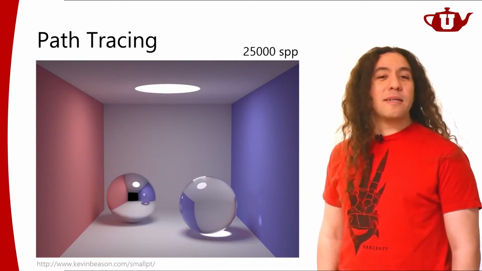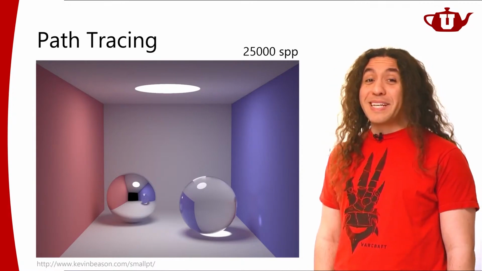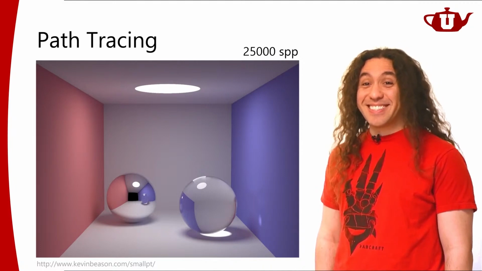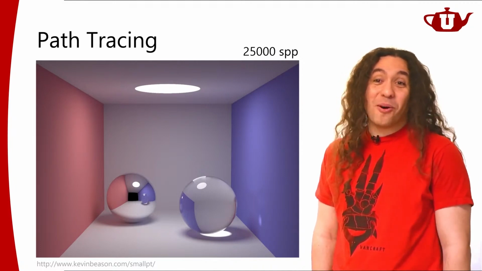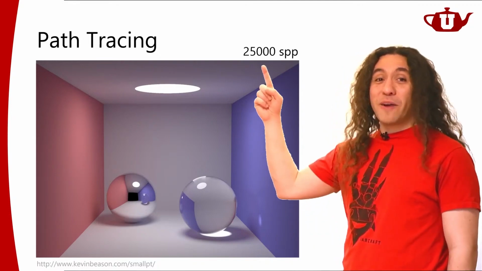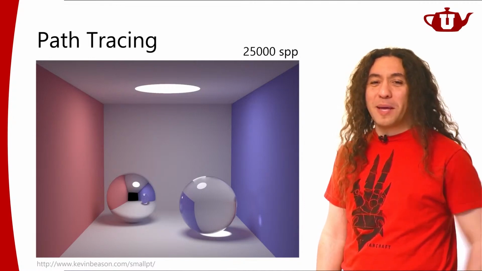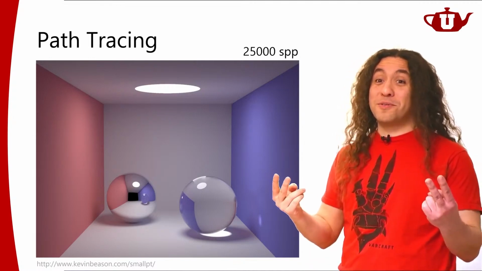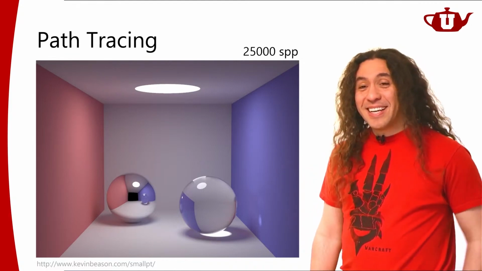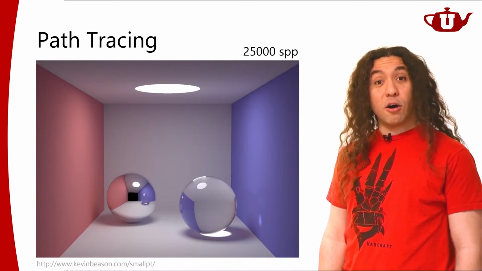Nonetheless, you do the best you can do. You're going to probably need more than one sample per pixel, right? Yeah, a lot more than one. Do the best you can. You can reduce this 25,000 to whatever, but it's not going to be 2, right? It's going to be still a lot more than that. So at that point, we're going to have to cheat. And we're going to have to cheat hard.